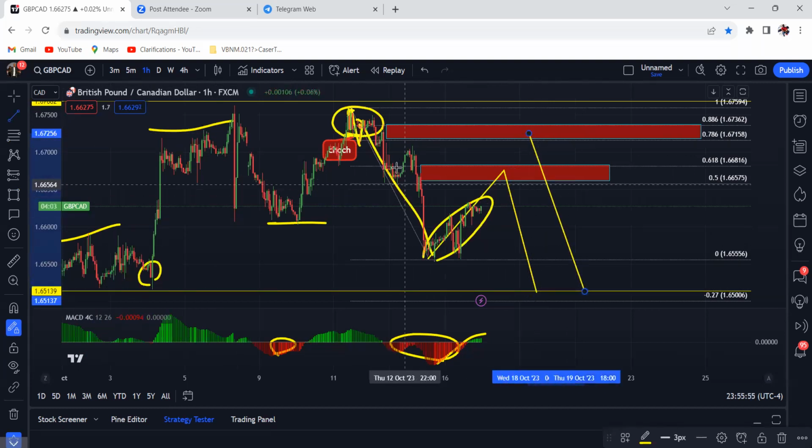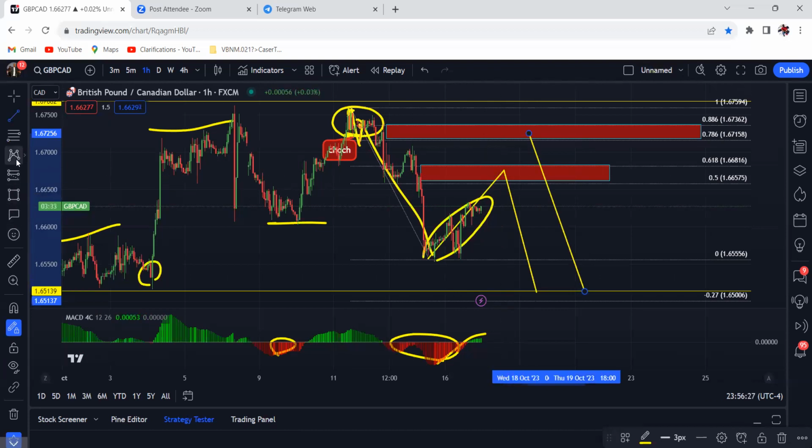Because remember, I'm in a downtrend. I will only look to buy again if price breaks not only above here, but above that last weekly high. There's a reason why we have last week's weekly high and weekly low there. Because once price breaks out of there, we'll know if we've got to buy or sell. Right now, we're inside. Last week, price did not break. So again, we're looking for a short opportunity.